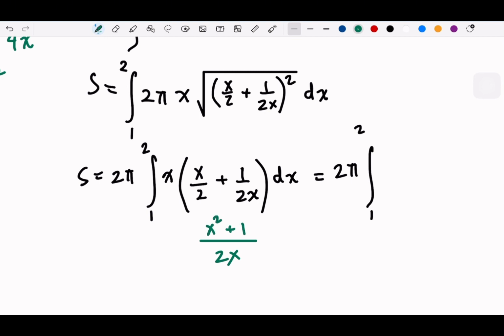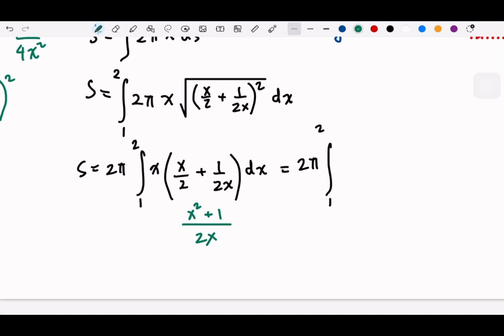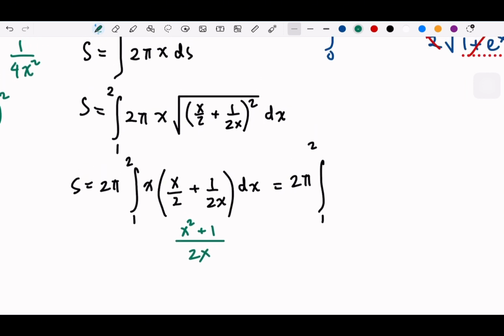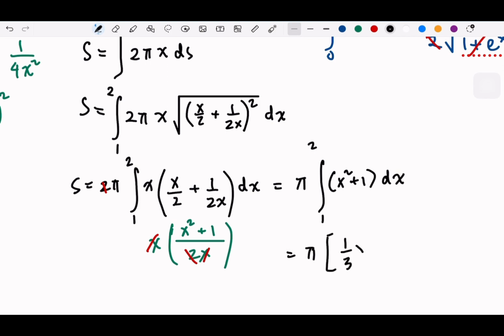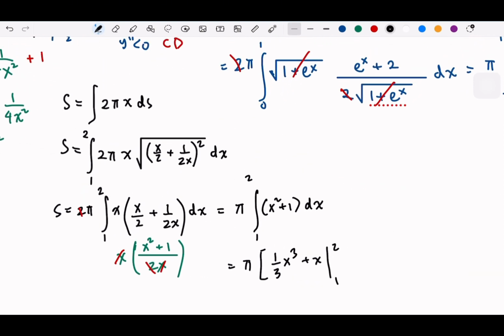So this will be that, and this will be x. This will cancel. So we have 1 over 2, which cancels with this 2 here. So let me just remove 2. Okay, so pi, and then x squared plus 1 dx, which is going to be 1 over 3 x cubed plus x, put in 1 and 2,